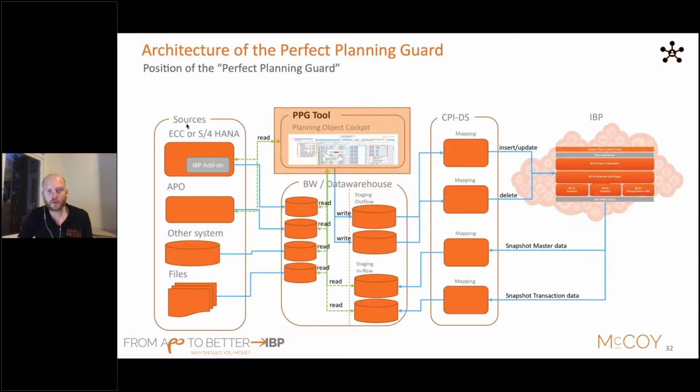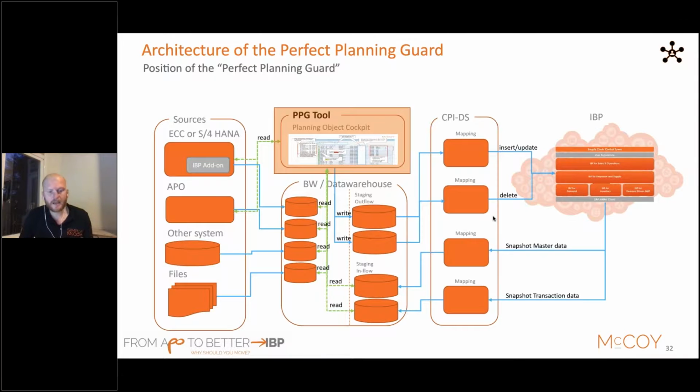And then the tool will control with several outflows data to insert and update, so to really change or to insert new combinations, but also to help you to control the deletion process, because we do see also within the deletion process, it is not very easy to really control your deletion and to make sure that you do not delete too much data from your system. So also there you would like some kind of validation to make sure that you can only delete when you have passed certain checks, like for example, a simple one, there is no more demand available on a product location combination, only then I allow the system to make this deletion.